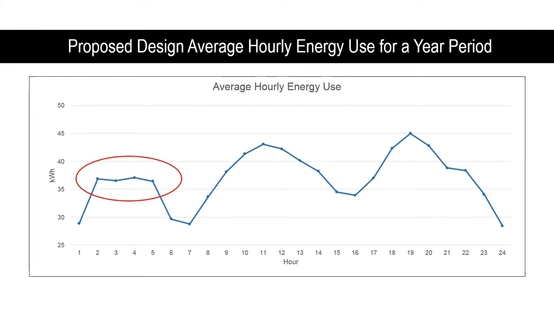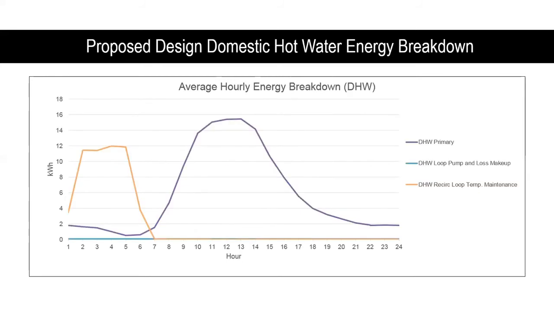But we noticed that there's energy being used really early in the day, like between 1 a.m. and 6 a.m. We wanted to figure out what is causing that. So we decided to graph the proposed design domestic hot water energy breakdown. The energy breakdown includes the primary system, the domestic hot water loop pump and loss makeup, and the domestic hot water recirculation loop